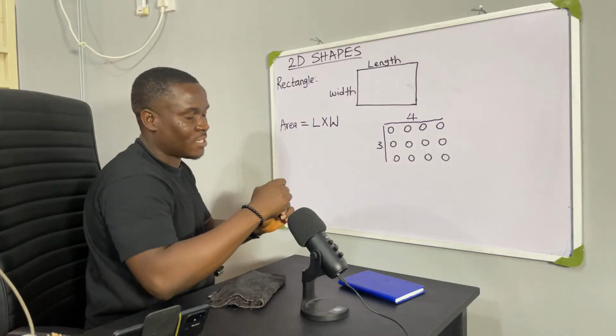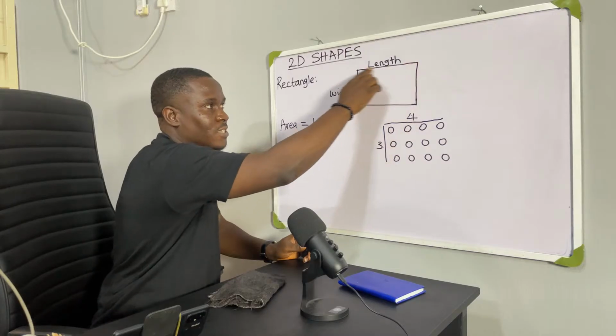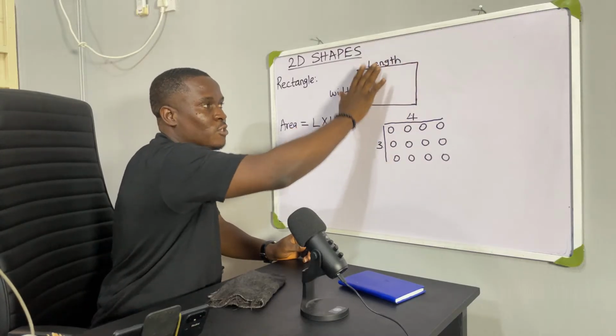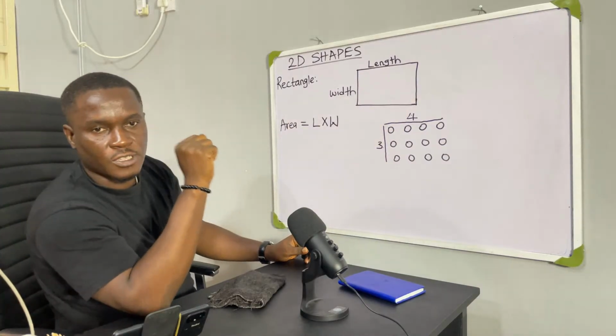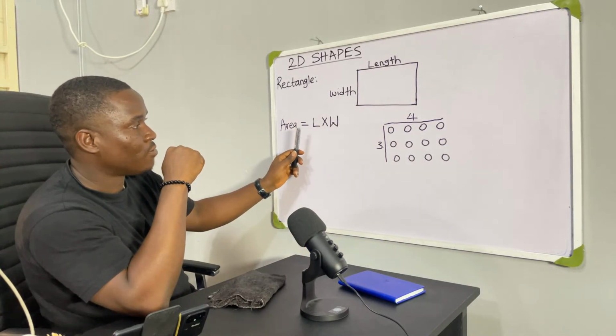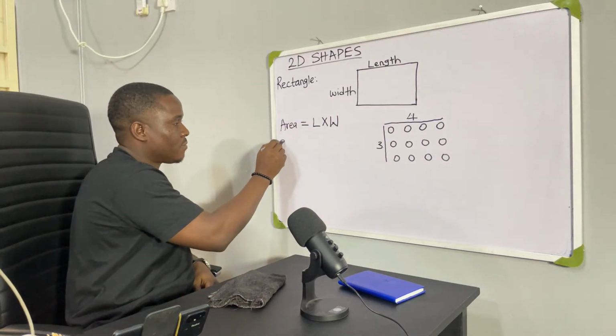So that's the same concept here. If I want to know the entire space here, all I need to do is know this side and this side. If I multiply them, I know everything here. Right? So it's the same concept. The area of a rectangle is equal to length multiplied by width. But the perimeter,